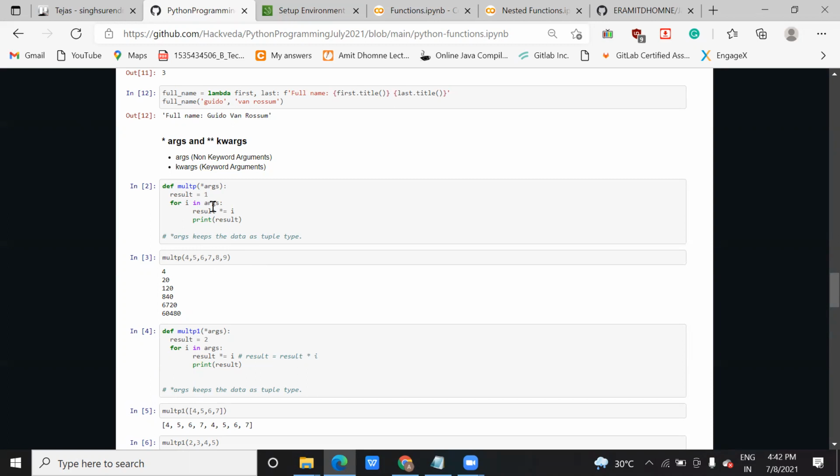That i is a temporary variable, and this will initialize based on the number of values in this calling function. This is a calling function, right? This code I have already shared. Go ahead and download it onto your system, and you can use Jupyter Notebook or Colab.